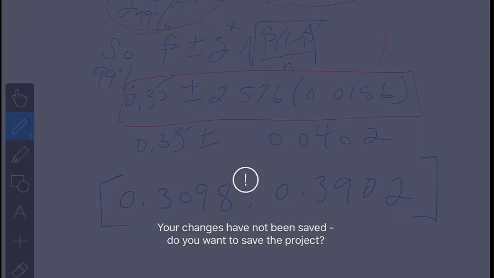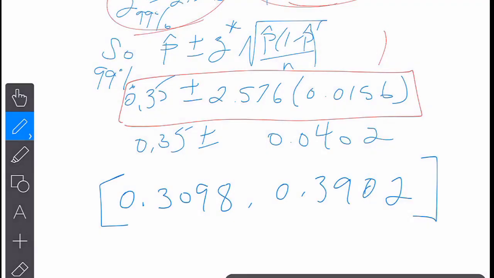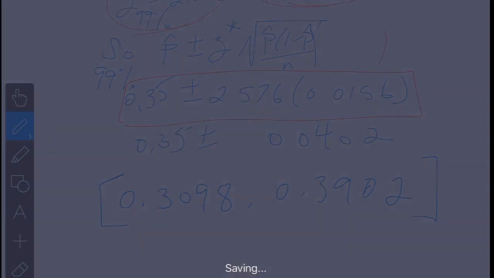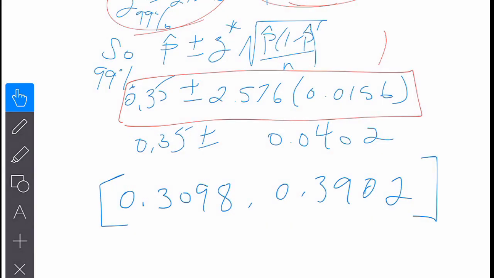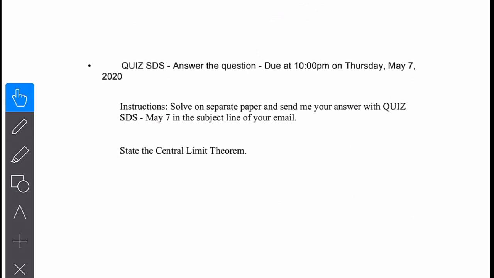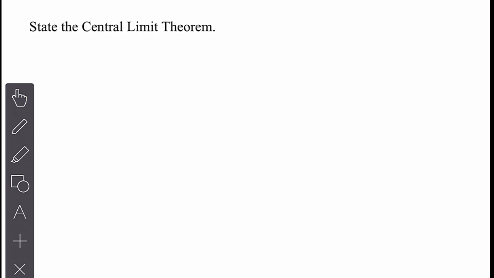Okay, let's see. I'll save it. And go to the next question. Oh, I asked you to state the central limit theorem. So when I asked you to state the central limit theorem, unless you have a question for me, I'm going to go on. You can do it in words, but essentially what you have to tell me is,